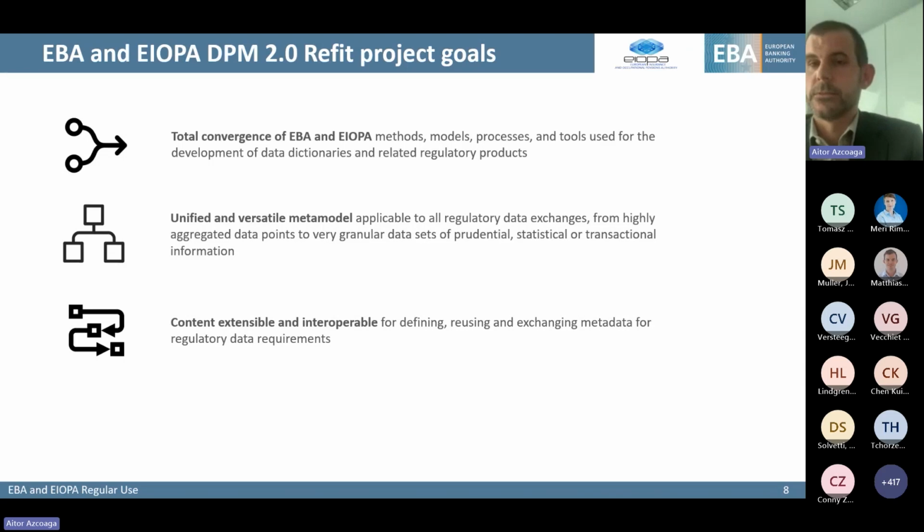The next thing that was one of the main goals is to be content extensible and interoperable. So we don't want to be bound to any specific exchange format. Before, DPM was in some aspects very led by XBRL in some of the areas. We try to be a little more agnostic in this sense, so that, as I was saying at the beginning, lower layers are not impacting higher ones. So we want to look more toward interoperability. We are also aiming to have content extensibility.